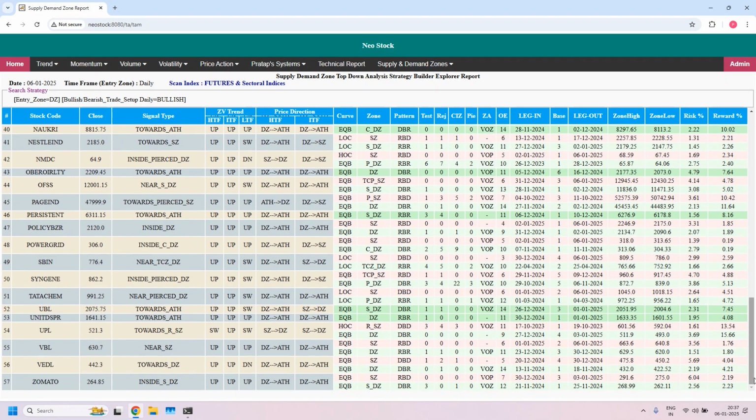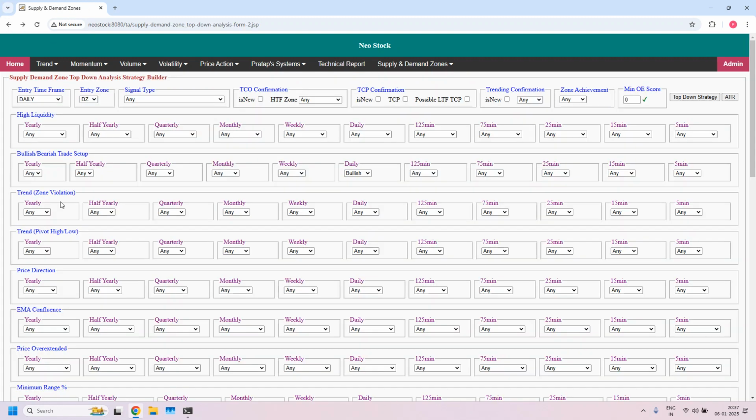So total 57 stocks are filtered. That includes pierced zones. Okay, now let us further filter these zones based on the high probability trade setup mechanisms. So the first filter is LTF and ITF zone confluence. So in that zone, demand zone confluence,